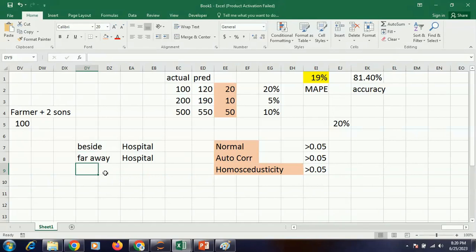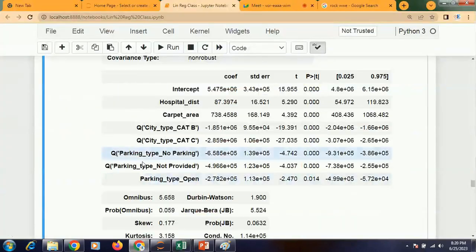This is what you normally pay. Totally opposite. So you are willing to pay a higher price if you stay beside a hospital, is it not? But my model says you pay a higher price if you stay farther away from a hospital, which you think is not correct.